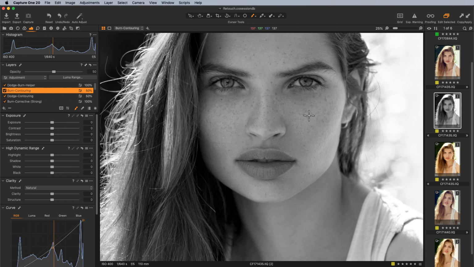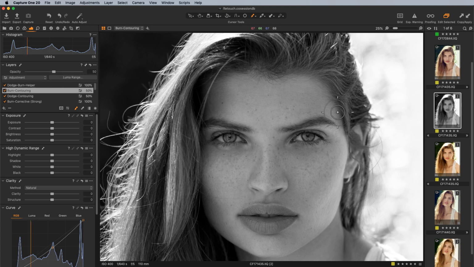So jumping back into the burn contouring layer, now we're going to burn the shadows in. We're going to look at a larger brush size here, and wherever you have a shadow area, we're going to sort of darken it a little bit more to create that extra depth. So down below the lips now, on the inside of the lips, maybe right here, and again, just hit the M key to make sure we are doing what we want to be doing. Right here, we definitely want to add a little bit of depth, maybe in this shadow area,